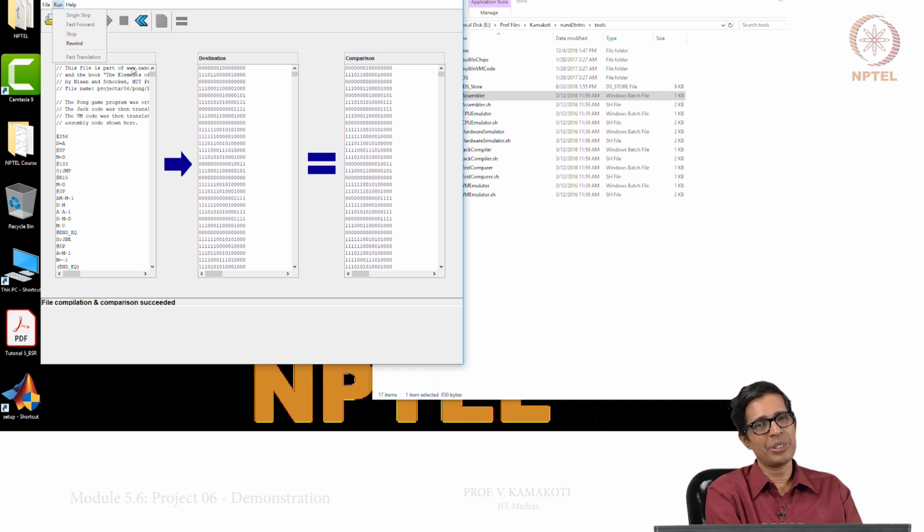And now we will go into the next stage of understanding what a virtual machine is, right? Understanding a virtual machine is very interesting, and I hope you will enjoy doing it. So before we go to module 6, my request is please complete project 6, the assembler, because a complete understanding of the assembler is very important for you to appreciate how virtual machines work. Thank you.